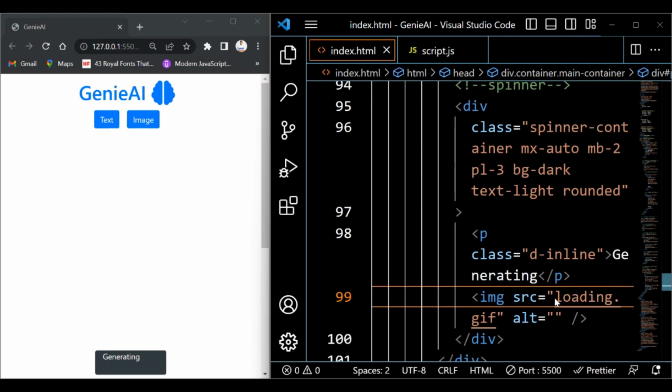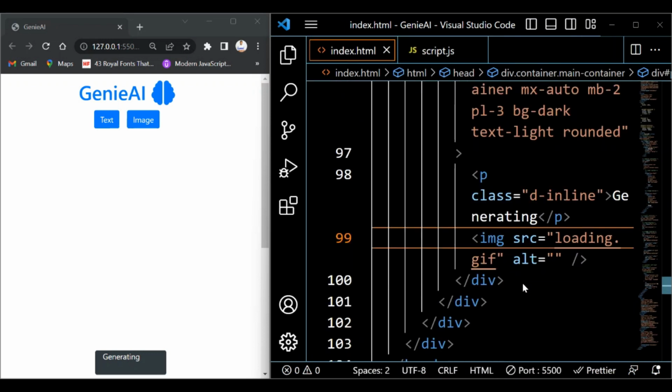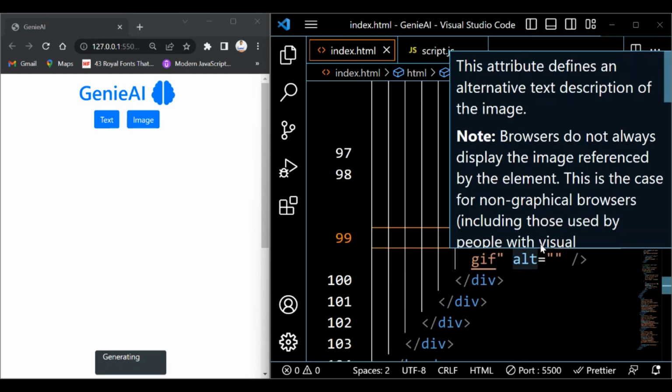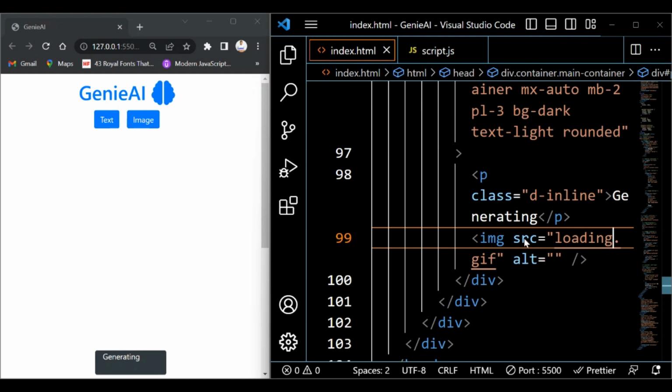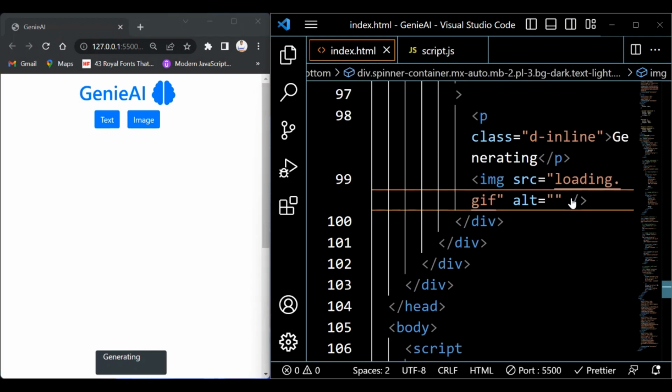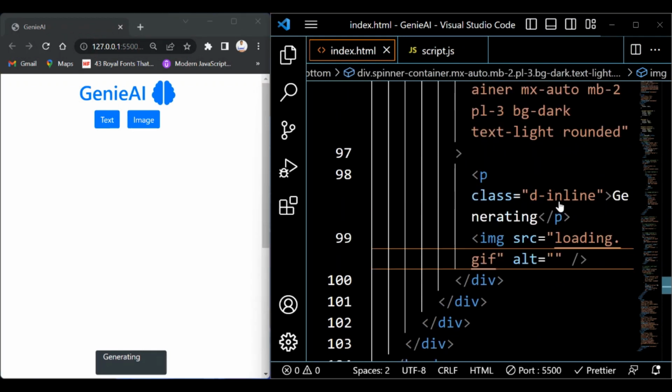So loading.gif. This is supposed to show here. Oh, I